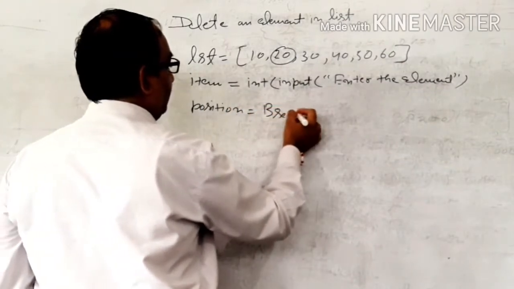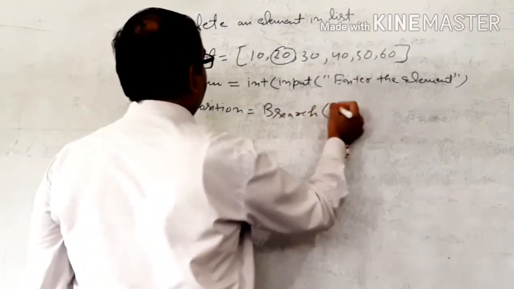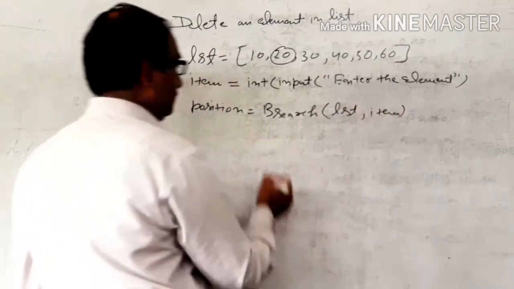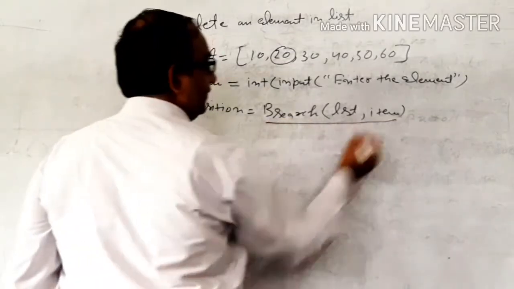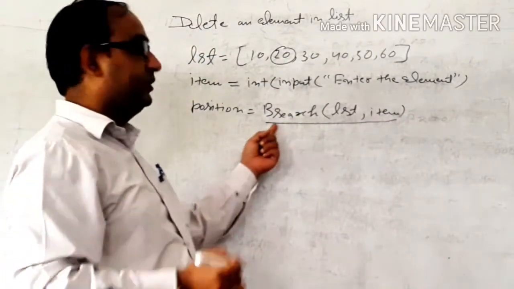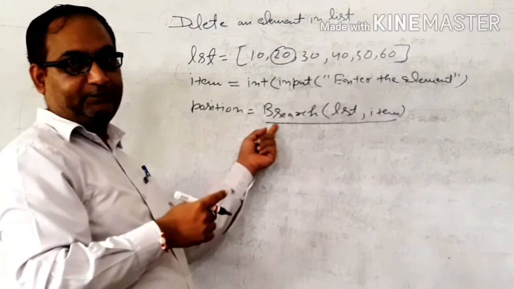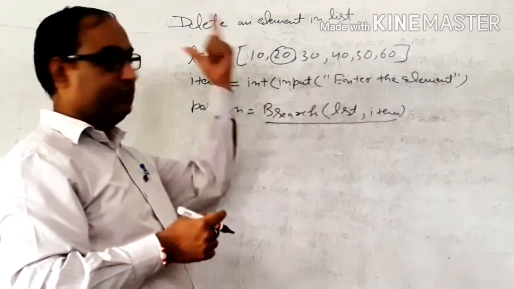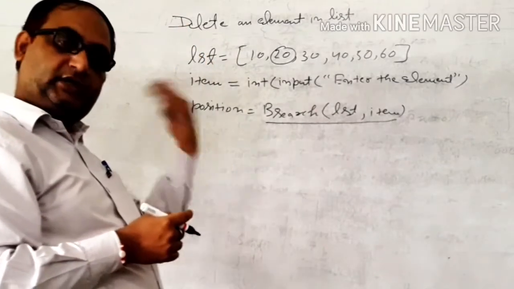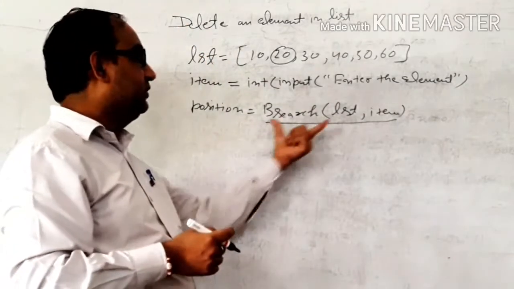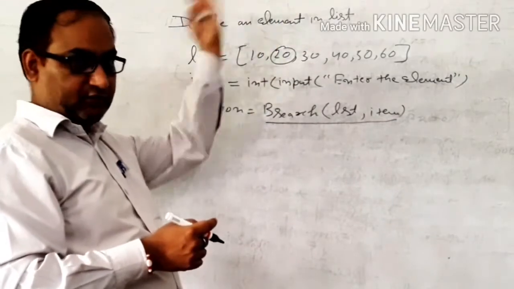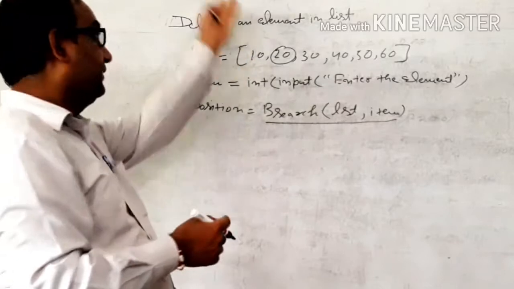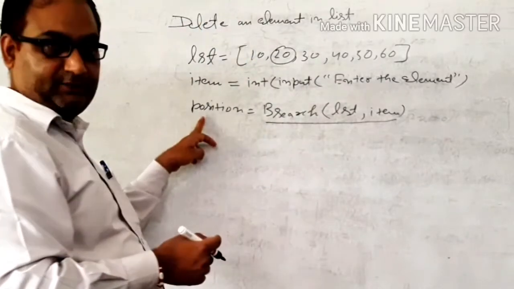This is the user defined function vsearch having two parameters, LST and the item. You know very well, you already executed this function, so you can write the binary search program. This is the function prototype, this is the function declaration. Now you can write the function body. You already know about the binary search. After that, this function calculates the search of the item and returns the position, so you store it in the position.